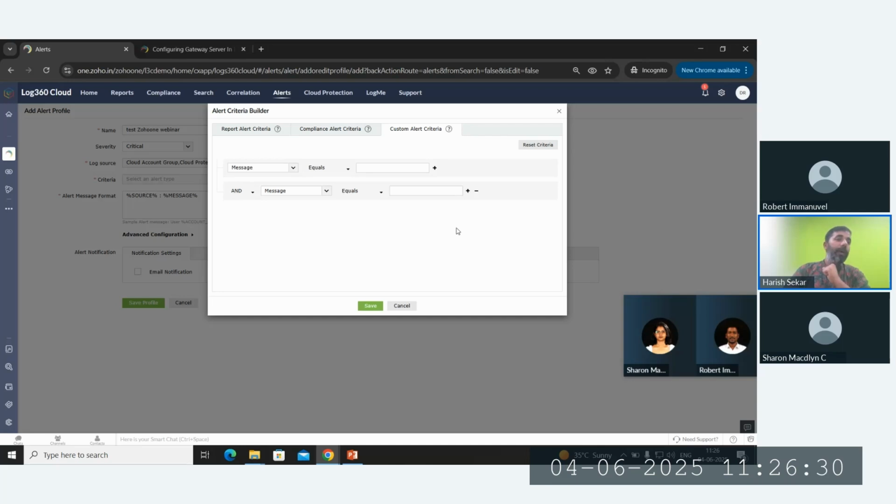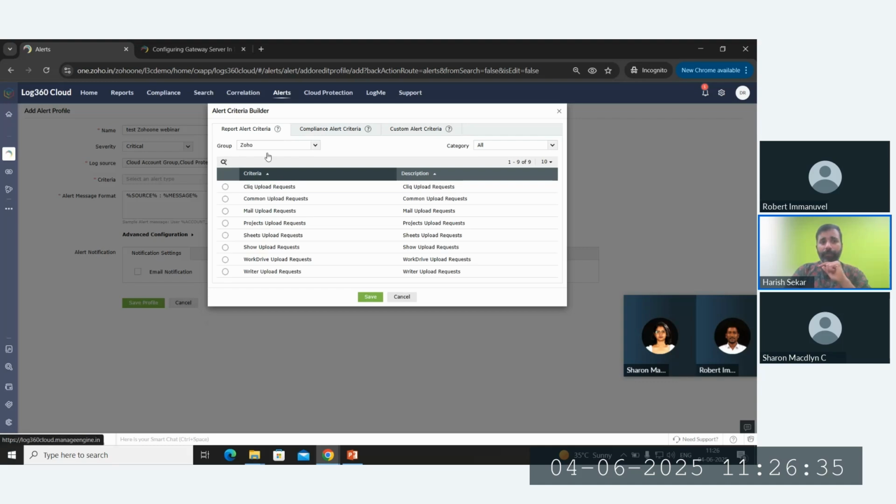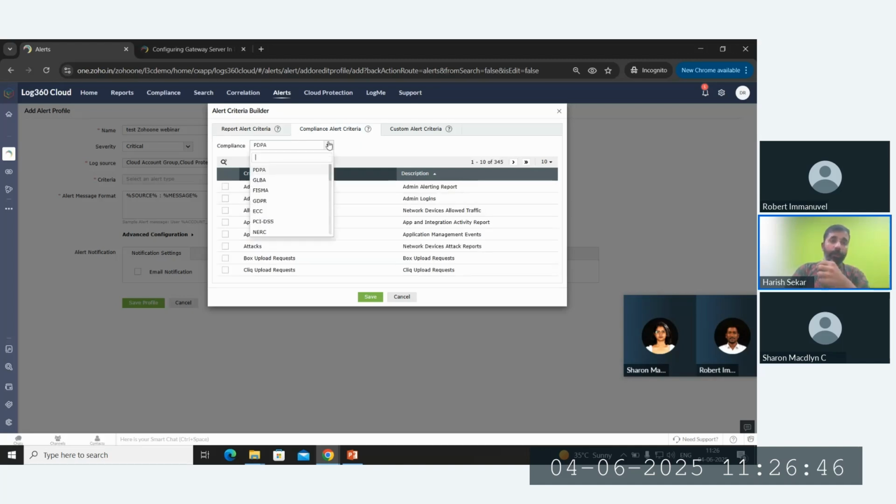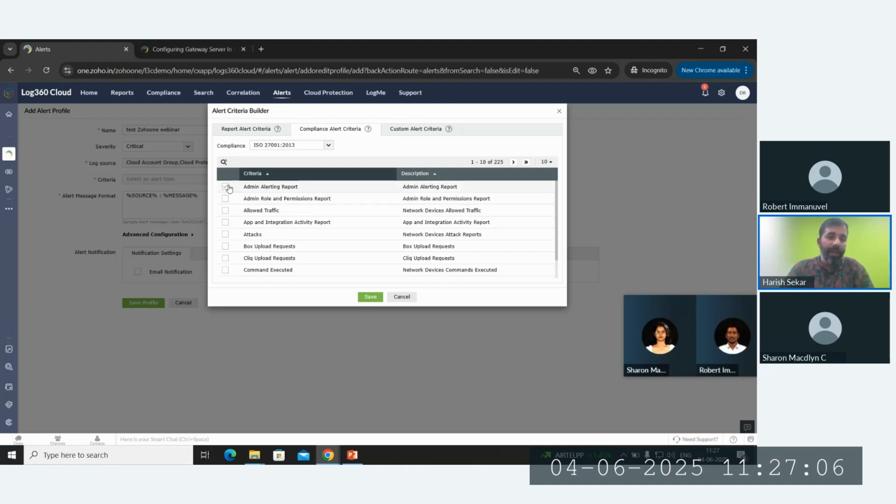So all of this happens near to real time, and you can build a custom alert. Or if you just want specified, detailed, custom requirement-based alerts, you can do that too. Or if compliance is a need, well, in India, compliance is a big thing across the globe too. There's PDPA, GLBA, FISMA, ECC, PCI, NERC, GDPR, anything that you might need, HIPAA, SOX, COCO, NIST, ISO, everything is checked. You just got to click,